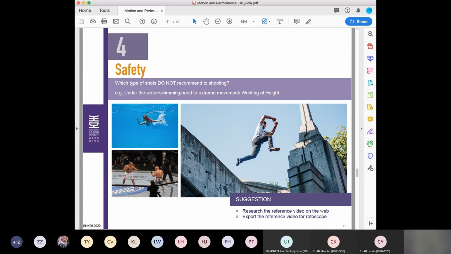And also for some of the shots, for example, the boxing. Okay, maybe in your animation, for some of the sequences, there are fighting scenes. I don't think you or your classmate can fight very well, okay, because you're not a professional fighter. So I believe that you can find, okay, some good reference video for you, okay, to make this animation look